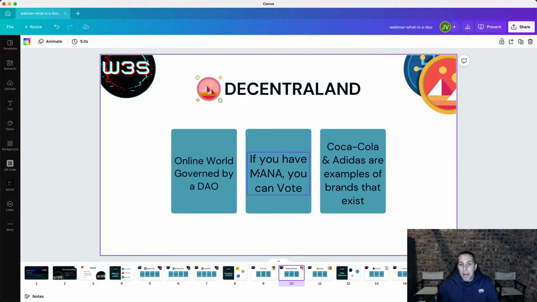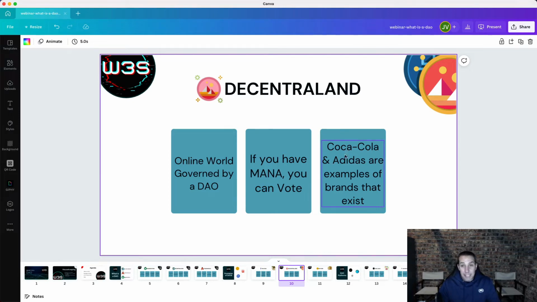Once you own a MANA coin or MANA token, which is the in-game currency that you use in order to purchase things, or that you earn, what a lot of people don't realize is that MANA gives you power to also be a part of a DAO. And when certain proposals are submitted, you are able to interact with those proposals and the voting that occurs, just because you have those MANA tokens. So that's pretty exciting.